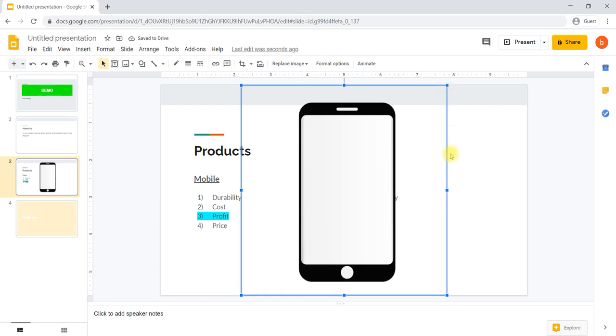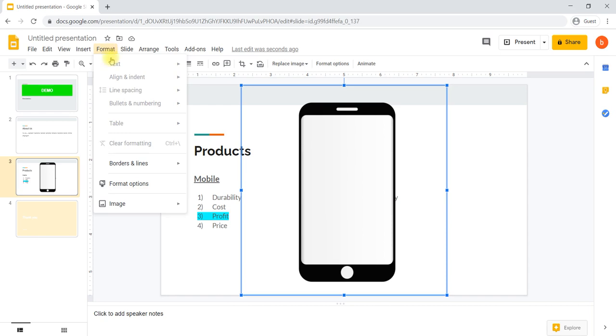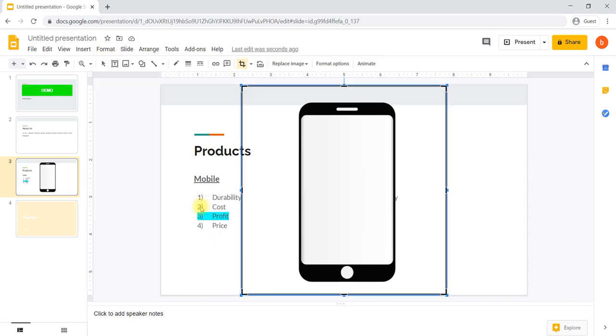Okay, it is oversized, in the sense that here some gap is there. I would like to reduce this size. Okay, how to reduce this size? Once you have selected an image, go to Format, Image, Crop. When you have selected Crop, you can go to a corner and select it, like this, you can reduce the